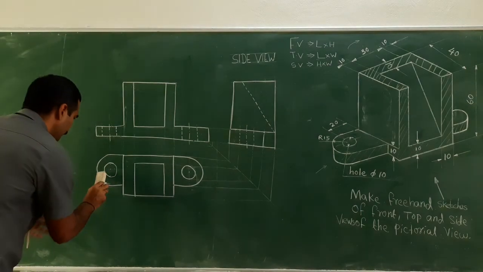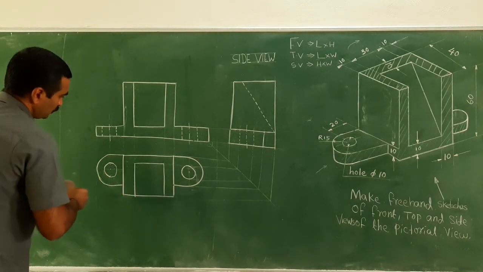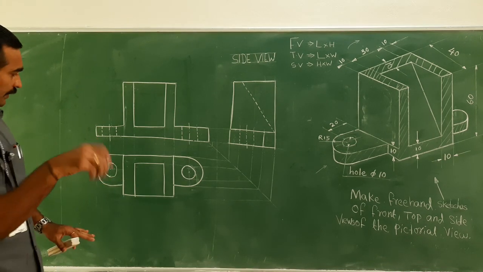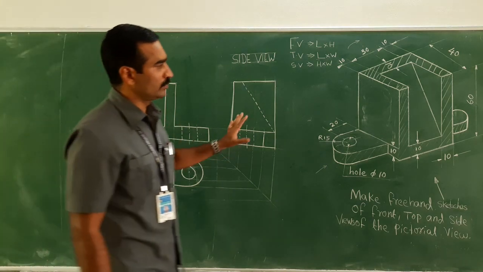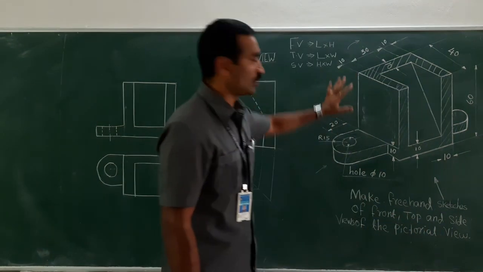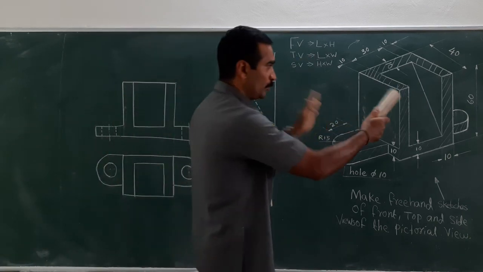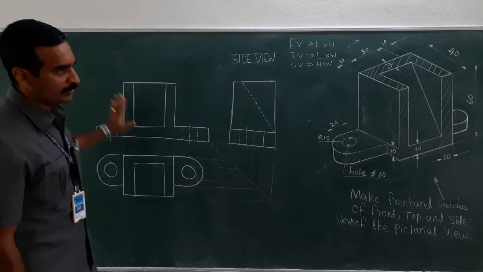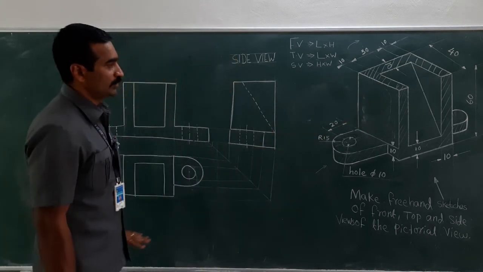This circle. So don't overwrite. If you happen to overwrite, you just erase this off and do it freehand, you just construct all the lines. Now with this, I have captured the required views. That means front, top and side views of this pictorial view have been captured. That means from isometric view to the orthographic view, right? This is 2D and the given diagram is a 3D object or image.